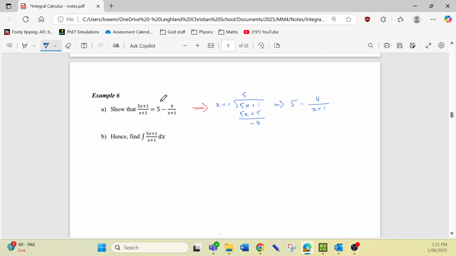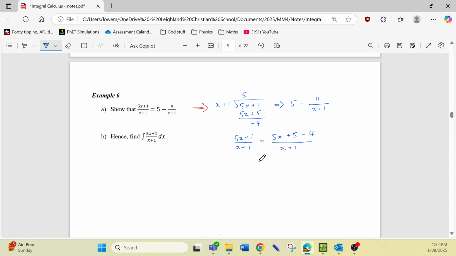The other way is you could think of it like this. Let's have 5x plus 1 over x plus 1. Now we can see that what we want here is just a 4 here and a 5. So what we can do is change this positive 1 to 5x plus 5 and then minus 4, over x plus 1. So your 5 minus 4 is still going to give you this plus 1,